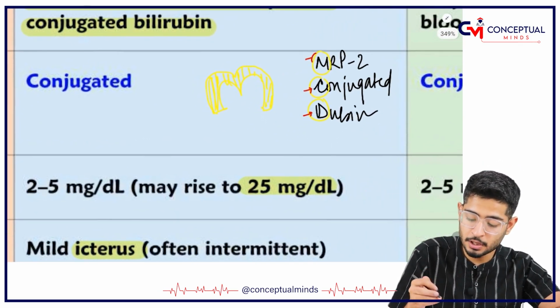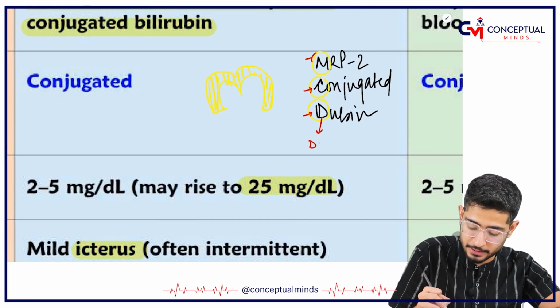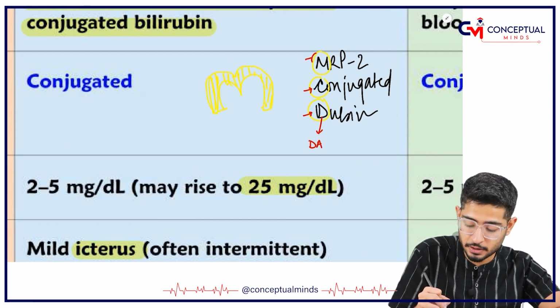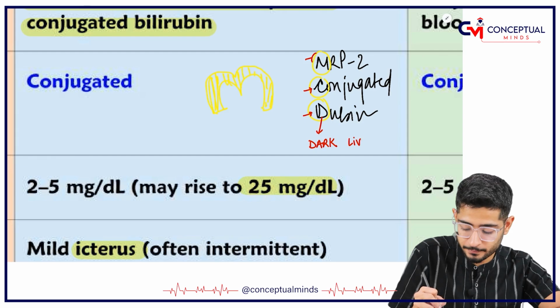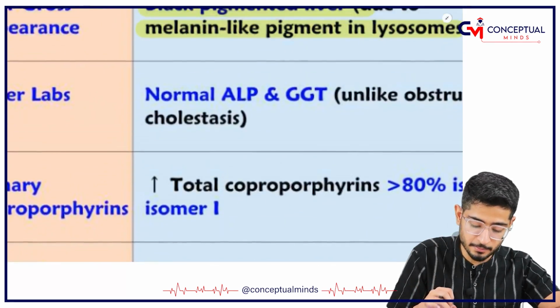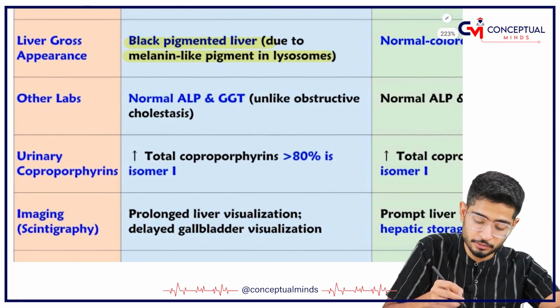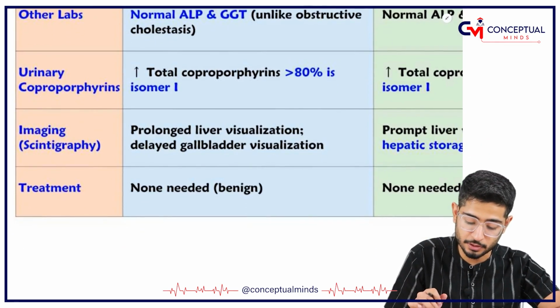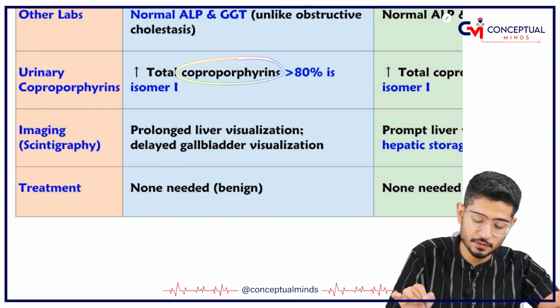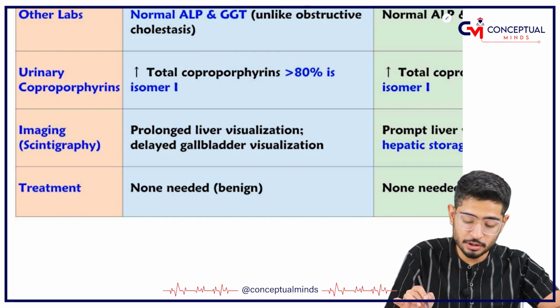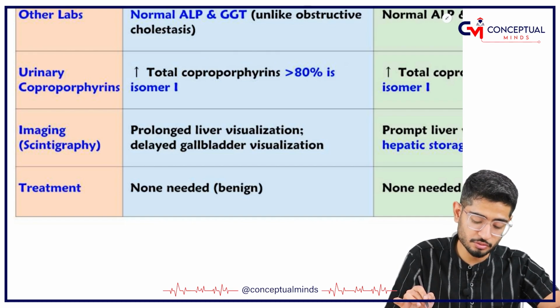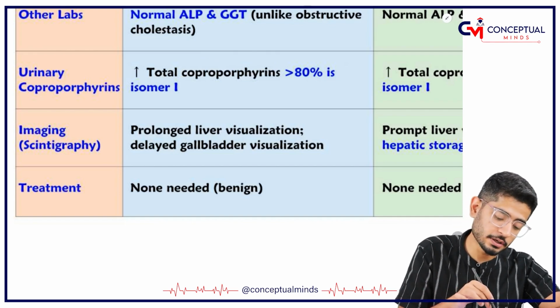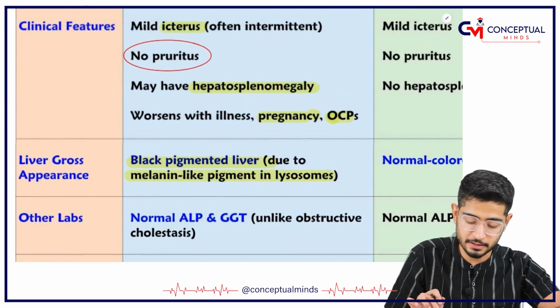Okay, that's going to be what? Black. Dubin-Johnson has got a dark colored liver. Dark liver means black colored liver. Although you have got ALP and GGT, everything is going to be normal. One thing which is increased is coproporphyrins. The urine coproporphyrins are going to get increased because now it is conjugated, so the coproporphyrin level is going to